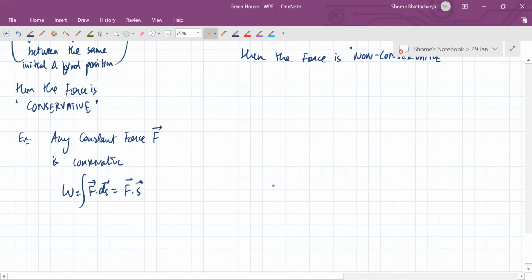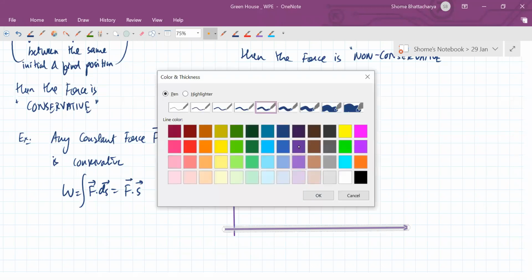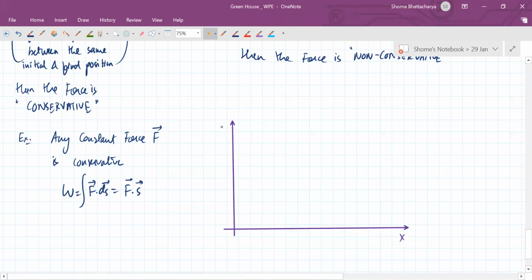So for example, suppose a situation in the XY plane, let's say you're going from a point A, which has coordinates A comma B, to a point B, which has coordinates, let's say 4A comma 3B. Now you can go by one path like this, let's say,